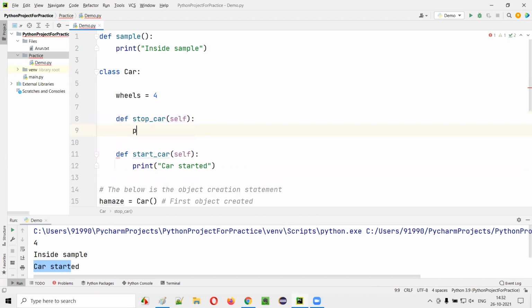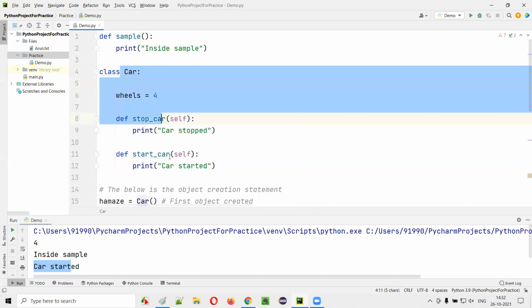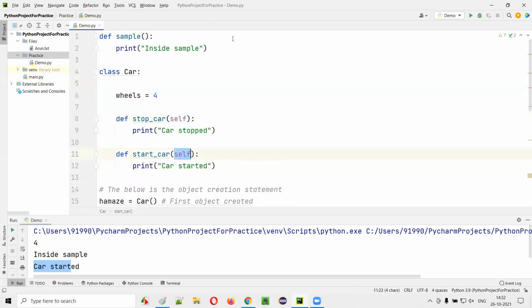What is this self keyword? Why is it required? When I create a function outside the class, is there any self keyword inside this function? No, right? But when I create a function inside the class, the self keyword automatically comes. When I create methods inside the class, the self keyword comes, but when I create functions outside the class, it does not. Why does the self keyword come for the methods I'm creating under the class? What is the purpose of that?